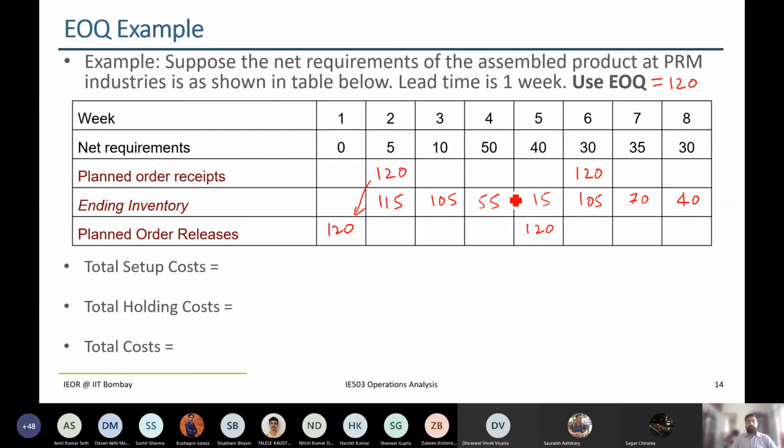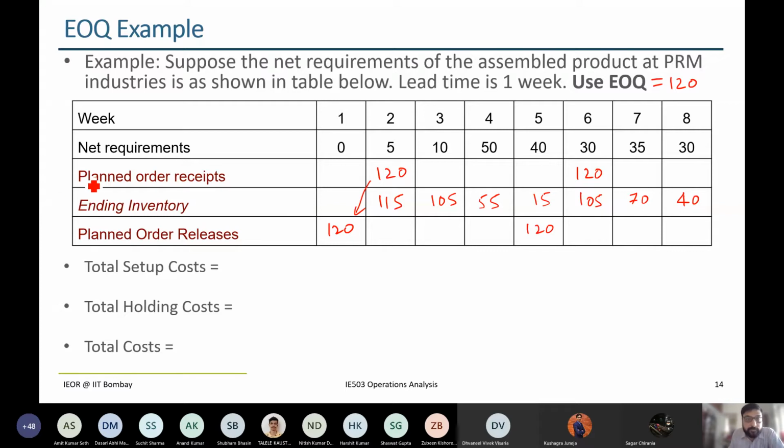Now, if you observe, we just had two setups. Of course, there's a lot of ending inventory. In fact, at the end of the planning horizon, I still have some leftover inventory. So over the long run, this may work out quite fine, because though we may know, for example, the requirements for the next 8 weeks, we do it regularly, right? Every few weeks we keep on repeating this exercise over maybe a period of a year or so. Maybe this might balance out. And these ending inventories can come into the next round of MRP exercises as already available inventory on hand, so we can always account for it in the next period.